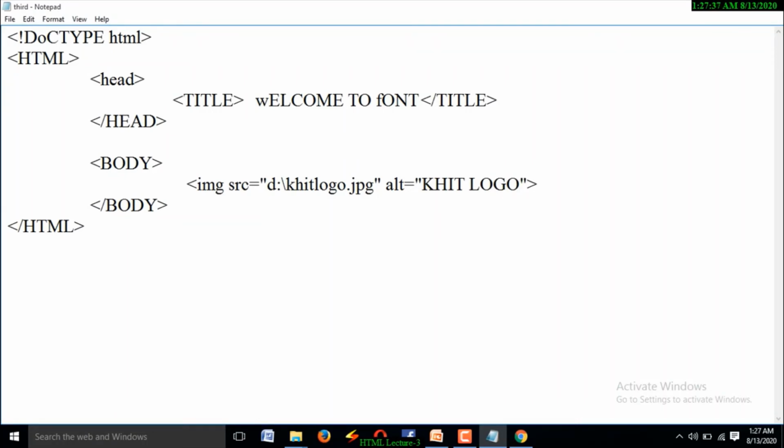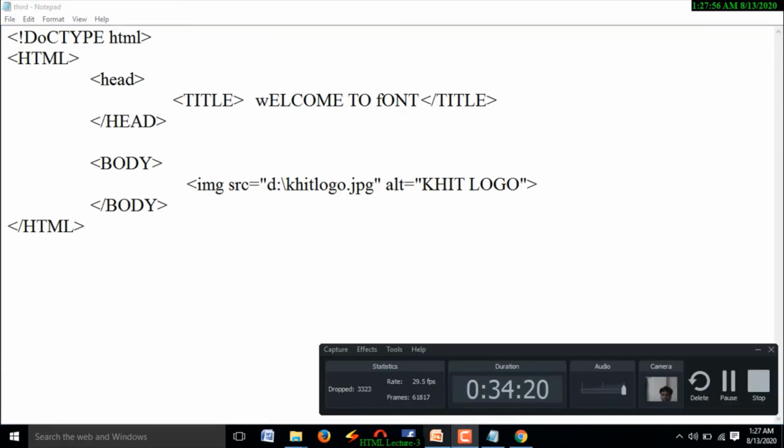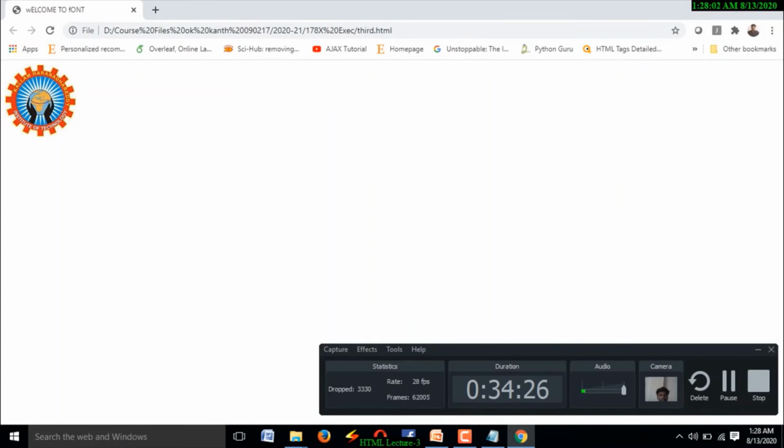Instead of the image, it is going to display the name. If the image is not loaded successfully, in that case it is going to display KHIT logo on the web page. Save this one and go to the browser.